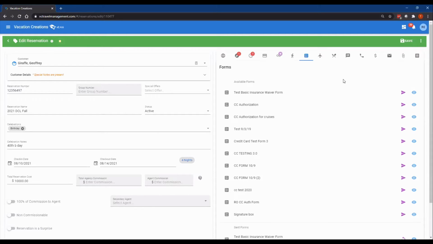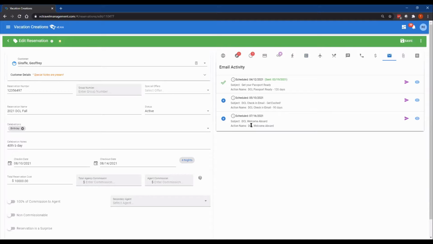All right. I'm going to keep going on reservations. Michelle, stop me if something else pops up. There's a bunch of tabs in here, but I'm going to skip over to this email actions tab. I think this is one of the coolest features in the system, and so I want to talk a little bit about it. The email actions, or the email activity, are emails that are set up. We call them email actions because they're going to go over and over again, where once the admin or agent user sets these emails up